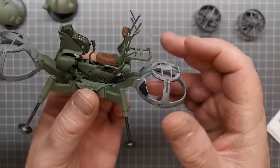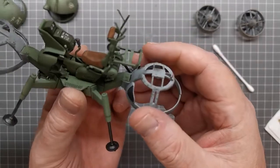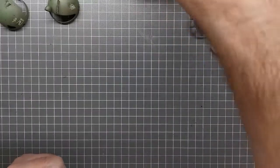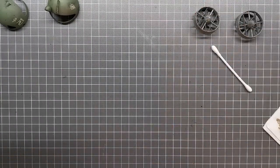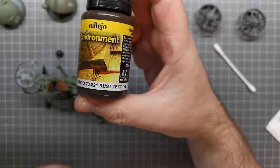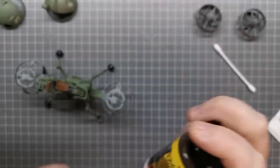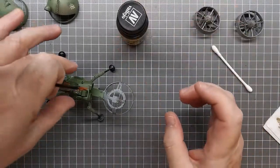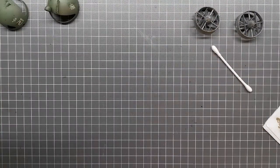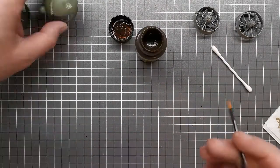But I don't want this thing completely covered in mud or anything like that. I just want it to look as though it's been out in the field for a bit. Hasn't come in for a service for a bit of time. So this rust texture, again from Vallejo. And I'm going to use that, try and be really subtle with it. It's very easy to sort of go overboard with this weathering stuff, but I'm going to try and